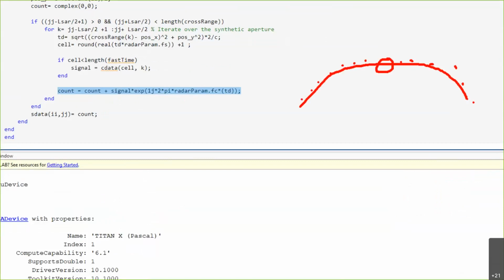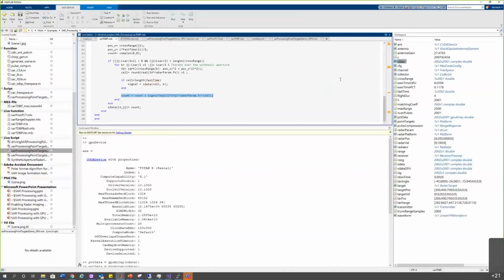There is some dependency: inside this innermost for loop, we have a count equal to count plus something kind of operation going on. So the value at this place is dependent on the previous iteration and the next iteration. So it is dependent. That's where this approach gets a little limiting,